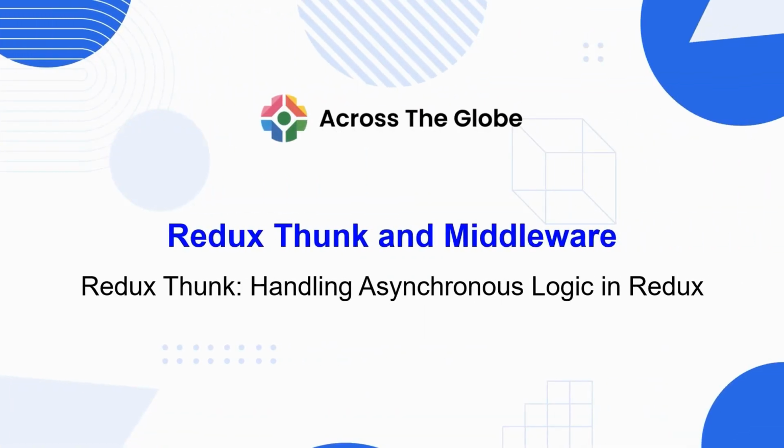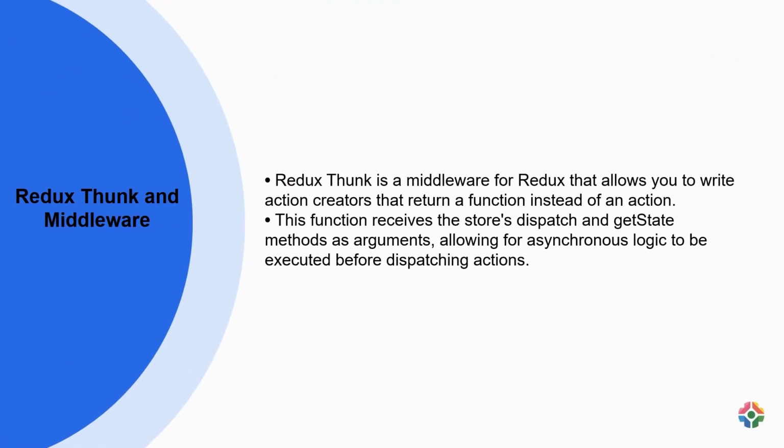Today we will learn about Redux Thunk and Middleware. Redux Thunk is a middleware in Redux that enables action creators to return functions instead of plain objects. By doing so, these returned functions have access to dispatch and getState methods, permitting asynchronous operations to be performed